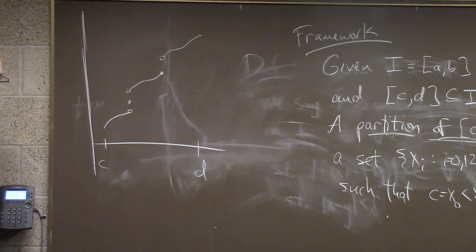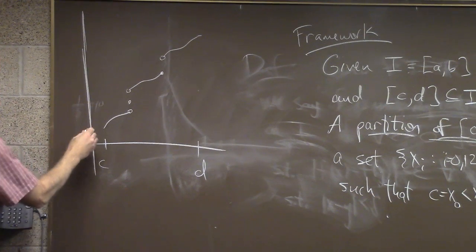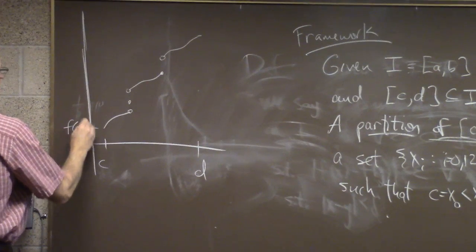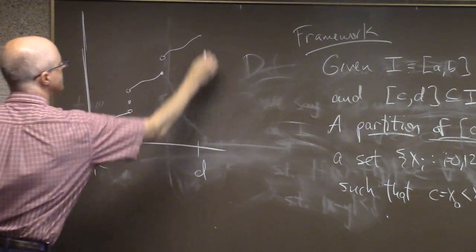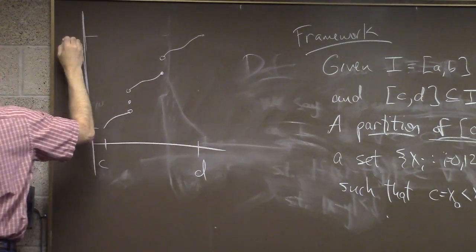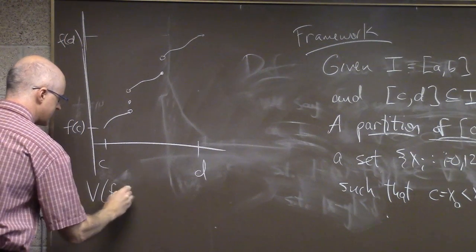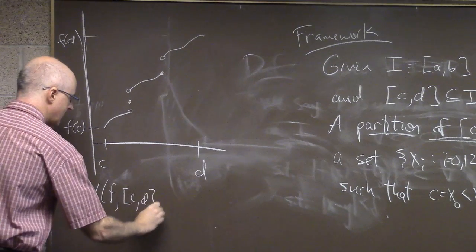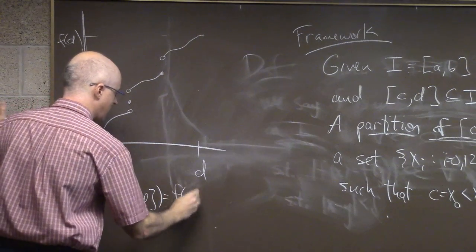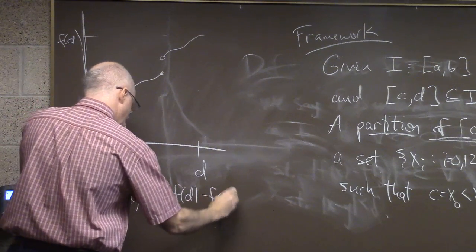Turns out the variation equals, in this picture, f of d minus f of c. The variation of this function over this interval is f of d minus f of c, and it's actually not hard to prove